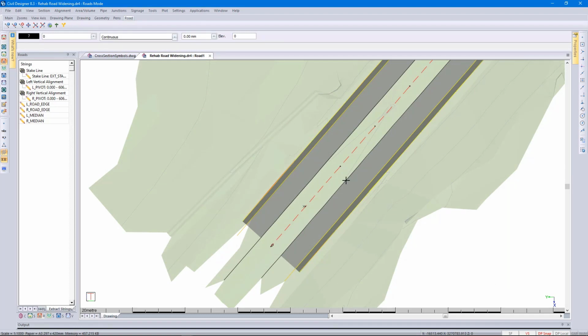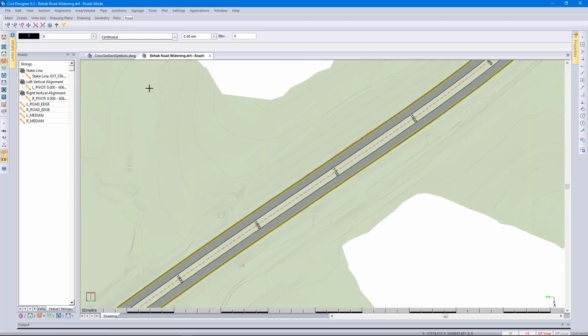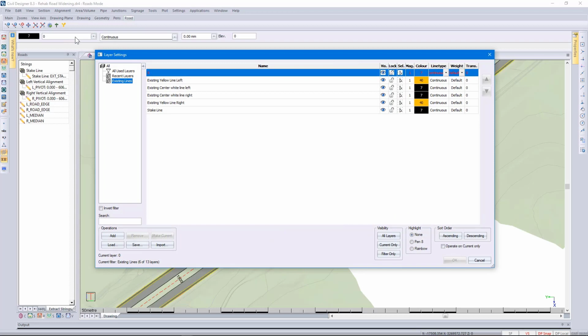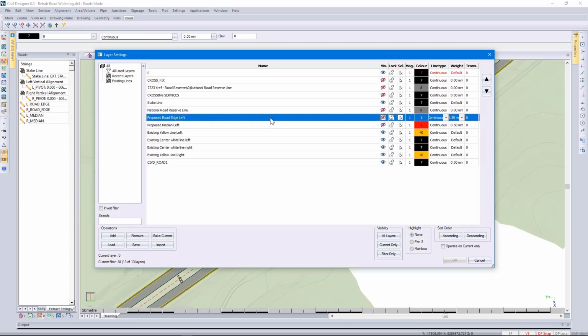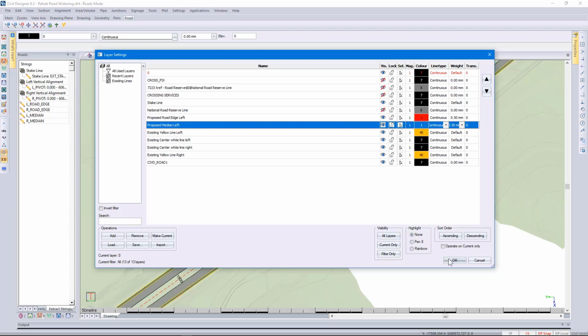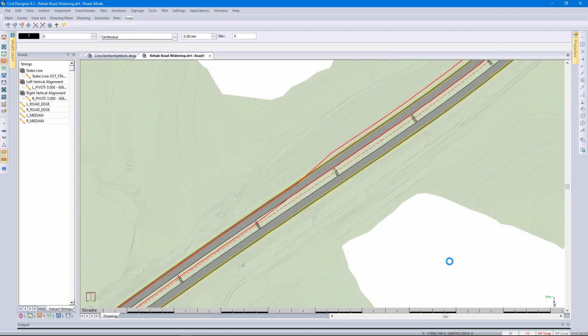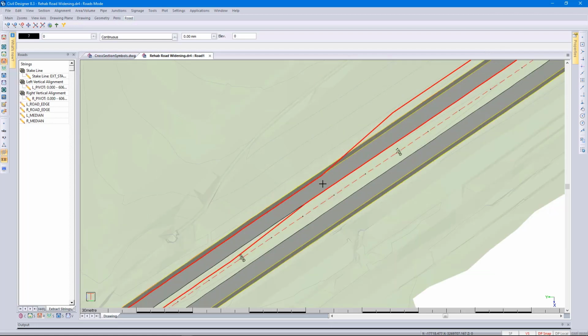The next functionality that I want to show you here is how you could go about using the extract strings functionality to make your road wider. So I'm changing my zoom view and I'm turning on 2 additional CAD layers. Here we've got proposed road edge left and proposed median left. As I zoom in there, you can see these are the 2 additional CAD layers, which are